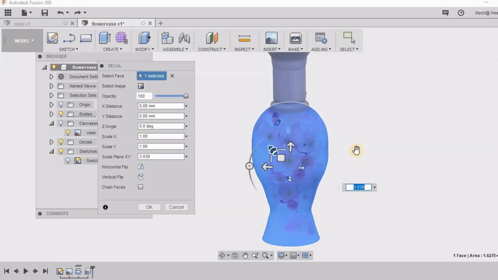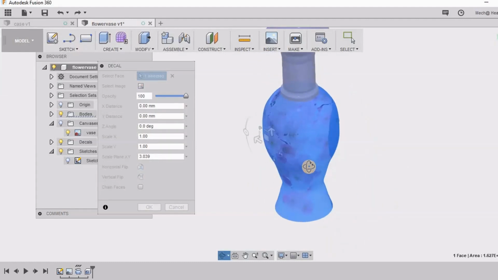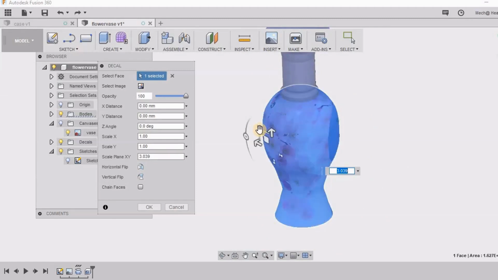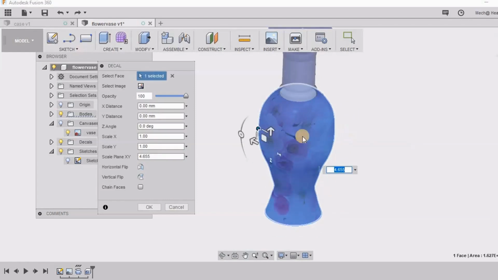So I'm trying to surround it. A little more I need to. So I think this is fine. I can change the opacity of it, that is, if you want the color of the flower vase to dominate,